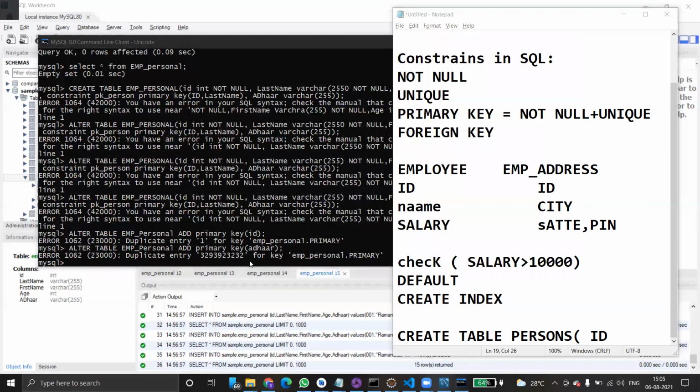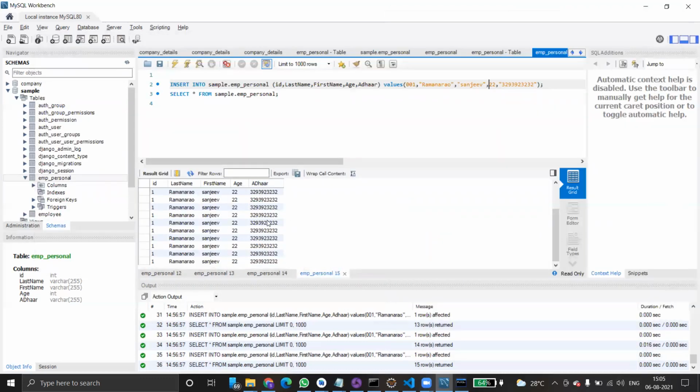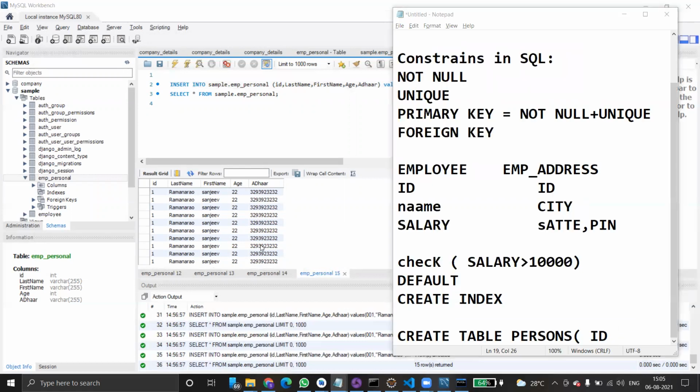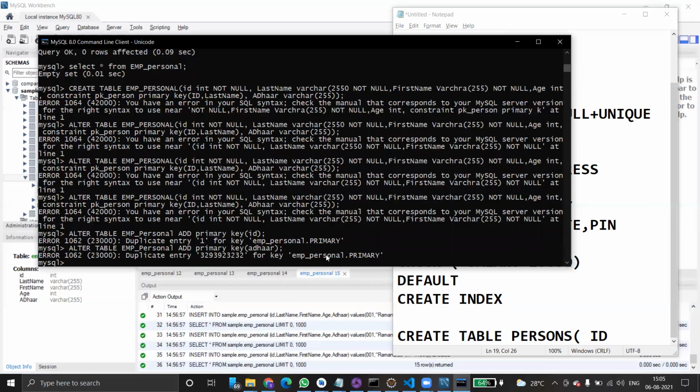That's why it is not enabling. Got it. In our database, we have so many data with duplicate entries. That's why it's not allowing. So for the primary key also it is not allowing, because duplicate entries are already there. That's why we cannot alter the table with the primary key. Similarly, if you want to drop a primary key, it's very simple. Instead of add, we simply say drop. That simply drops the primary key constraint on the particular field.